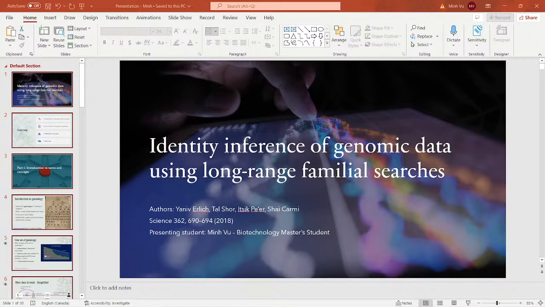Anyway, so the roadmap today will be fairly simple. I will first try to introduce the terms and concepts that we need to understand this paper, and then we would go into the paper objectives. Then I'll talk about the methodology and the results that they got, and then we'll discuss a little bit on the implication and the author's opinion on the matter.